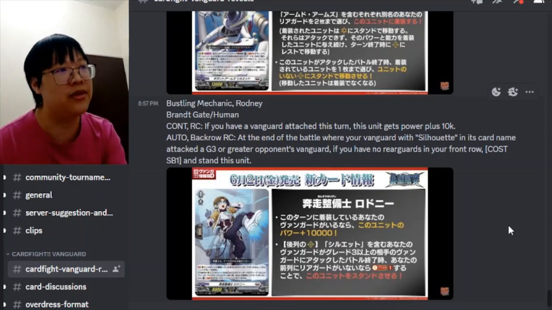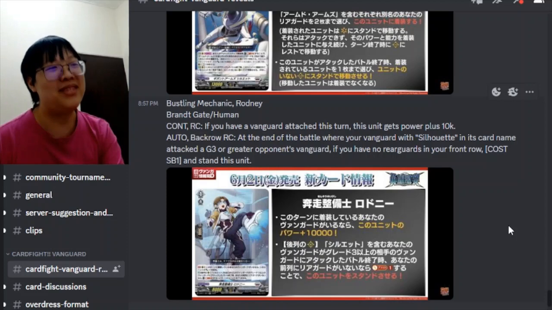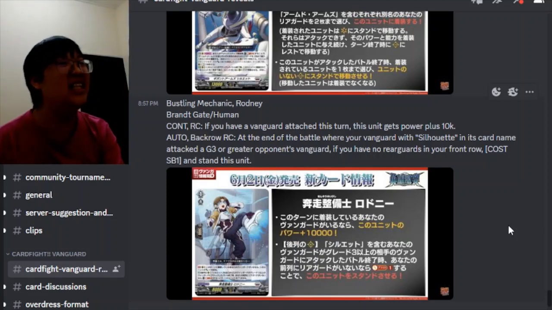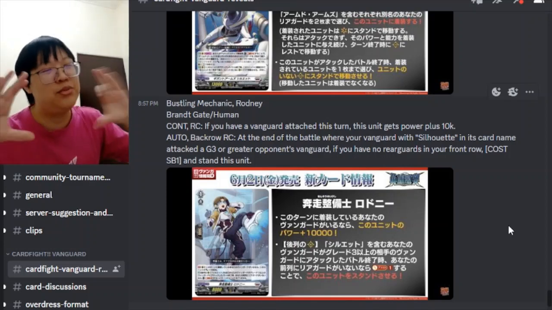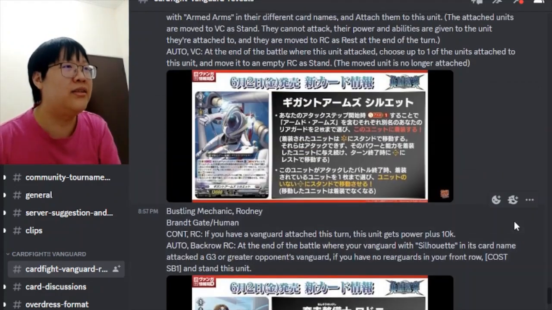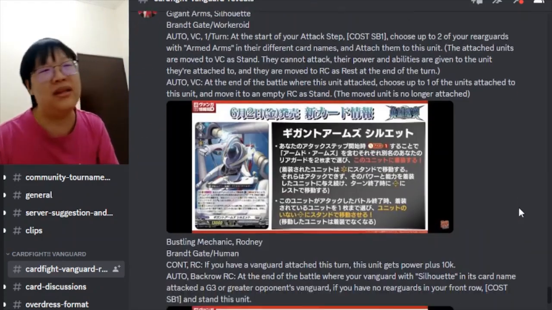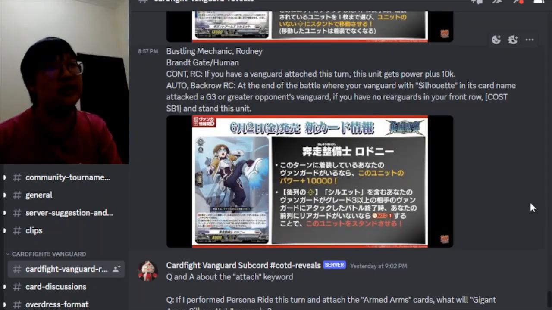If you have no Rearguards in your front row, Soul Blast 1 and stand this unit, which is kind of super good, because you can technically use this for something else. I think if you like finish boosting, you're able to stand it, but I'm not sure how good this would be. Like say, attacking. I think you can do like 5 in a second. No, but I think it's because it's at the beginning of attack step, so it's actually good for like this